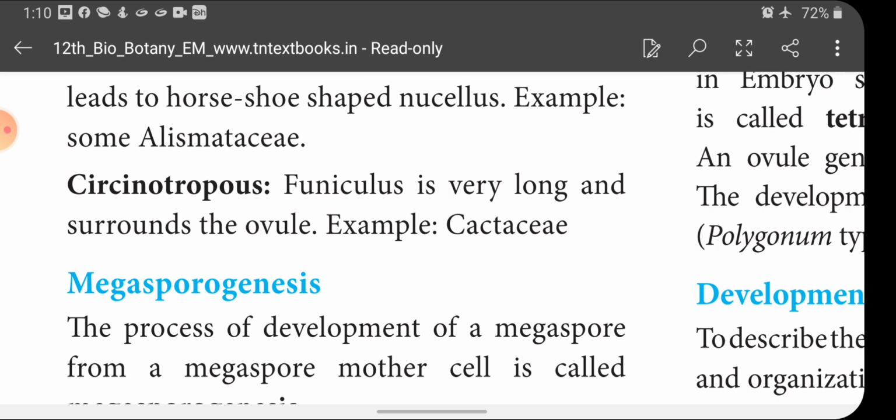Now the homework given for you is to explain the structure of ovule. That is the only question, and you have to practice the diagrams wherever you have diagrams in the lessons. Please, children, keep the book and practice. Don't forget to practice the diagram, it is very essential. So practice all the diagrams present in your book. The homework is only one question: structure of ovule explained with diagram.